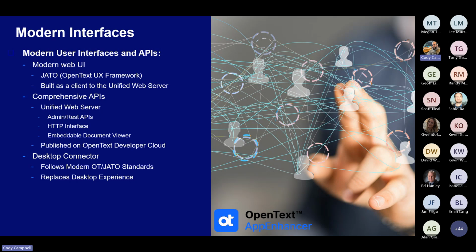And so now that we have this unified web server, which is basically the back end and a little bit of the front end, and when I say that, I mean the controls for the viewer and the common components within AppEnhancer. Otherwise, the JADO UI is its own application. So what I'll show you today is two different apps, because we're continuing to deploy our existing UI, which is the web access application. That's still there because it's a separate application. The new applications are two new installers that ship with 25.2, which contain the web server and the web client.